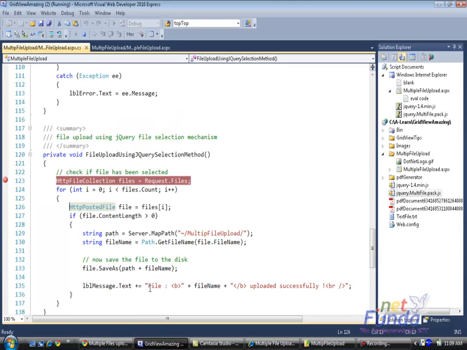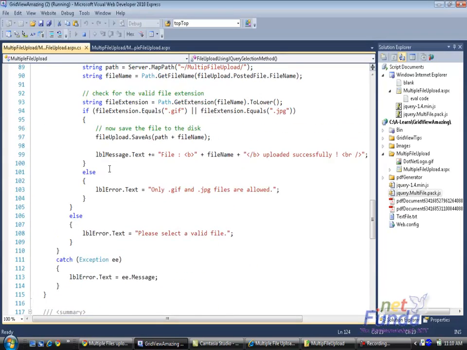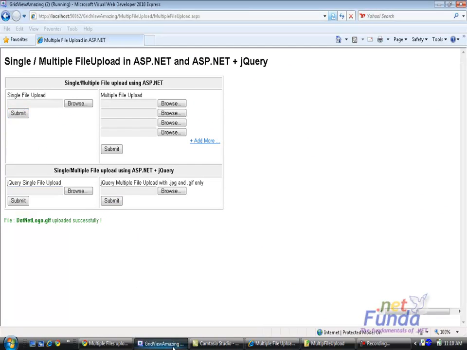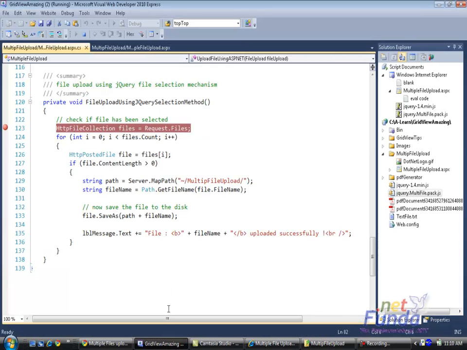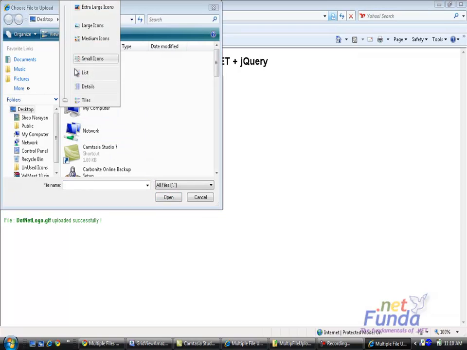Now you may ask a question: why are we trying to get all the request.files instead of getting only one? See, in the normal scenario, when you have any page, you will have only one or two file upload controls. Whatever images or files are selected from the file upload control will be taken care of by either this way or this method. In this case, because I'm trying to show everything on a single page, I'm getting all the file upload controls here.